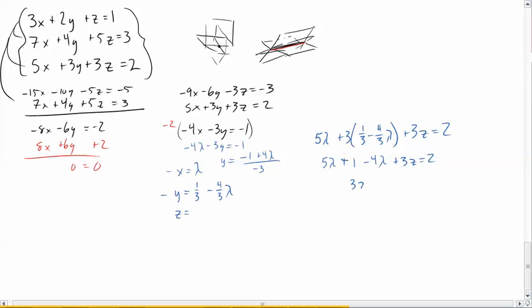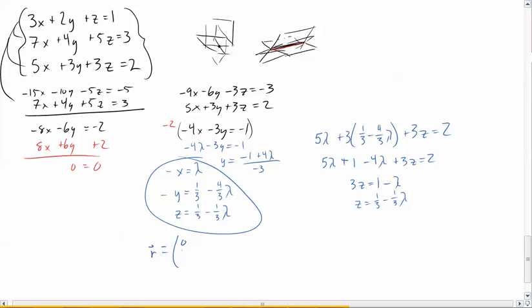So I'm going to have 3z equals 2 minus 1 minus lambda, right, because 5 lambda minus 4 lambda would be 1 lambda. Move it to the other side, and then divide by 3, so z equals 1/3 minus 1 over 3 lambda. And that then allows me to write an equation for this line, because r is going to be equal to